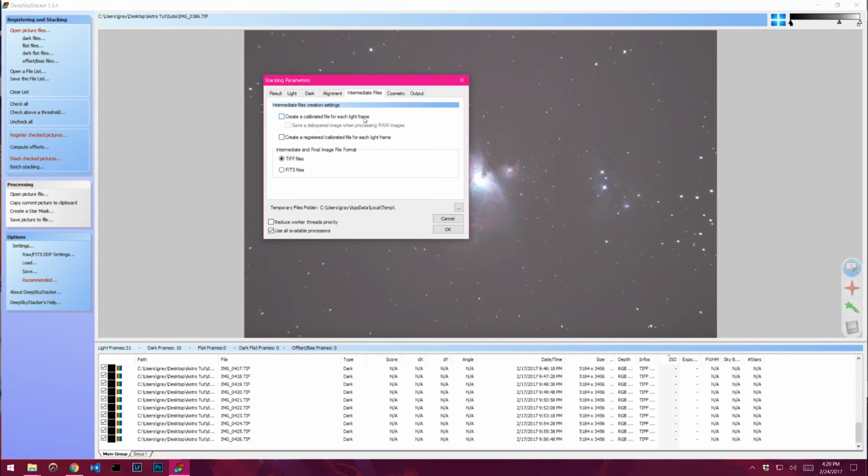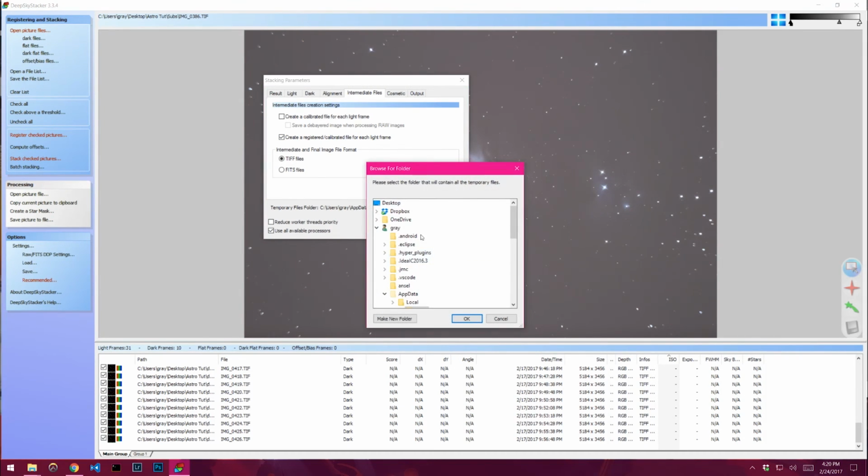Intermediate files. So the important thing here is that we're using Deep Sky Stacker only to calibrate and register the frames. And so we're going to use a different little script to actually do the stacking for us. And so because of that, we want Deep Sky Stacker to actually save out a registered and calibrated file for each frame. And we're going to save those